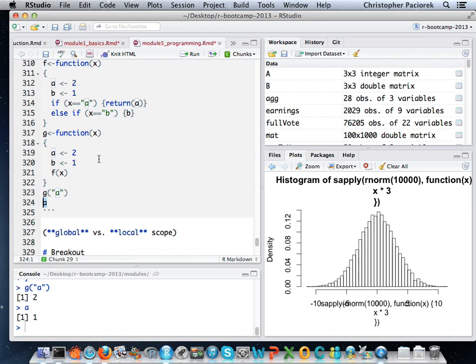And the other principle here is that what R does, unlike some other languages, and I mentioned this briefly before, when you pass in arguments to a function, and if you modify the input arguments to the function, those modifications are not going to be seen outside the function when the function is done. This is basically pass by reference versus pass by value. R passes things by value.